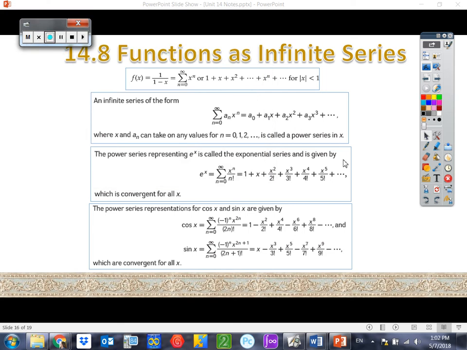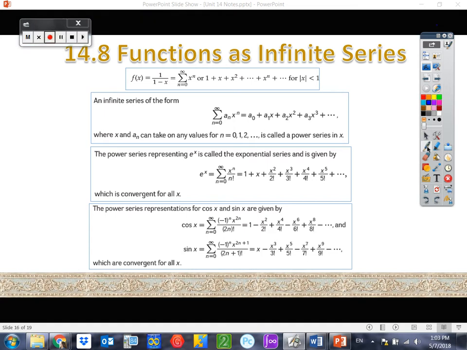Okay guys, let's take a look at today's lesson. What we're looking at today is the fact that functions can be written as infinite series. And so what does that mean? Well, let's look at this. This is a function right here. And there is an infinite series, this particular one, that can represent this function with the interval of convergence